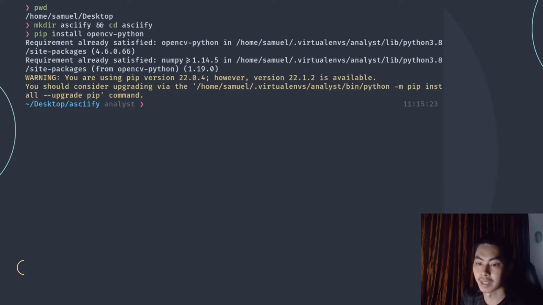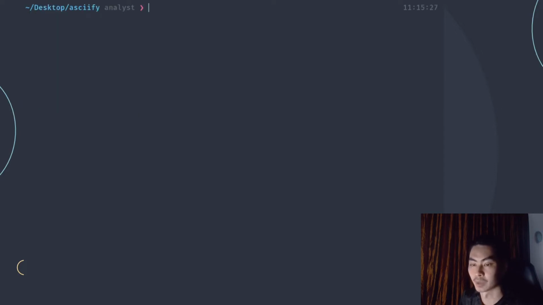So let me hit on that. It's going to say requirement already satisfied because I already have that. So it's not going to do anything. But for you, you may have to give it about 1, 2 minutes to 3 minutes. So pause the video, wait for that to complete. So again, the instructions are pip install numpy, that is to install numpy as a dependency, and then you want to say pip install opencv-python. And once that's done, you want to go on to your browser, open up a browser,